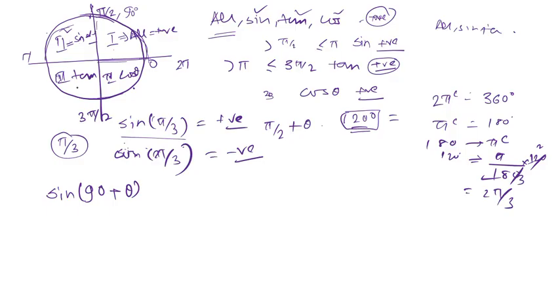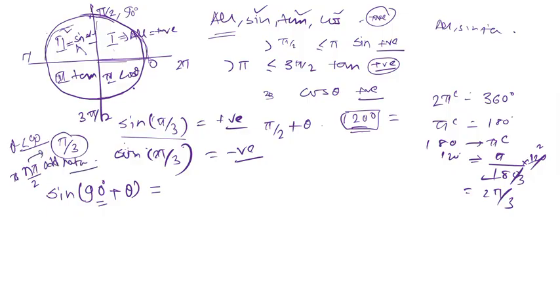So where will it fall? 90 means I'm talking about 90 degrees here. So 90 plus theta means it will fall in this quadrant. Okay, theta is obviously less than 90 degrees for this case. Now, sine 90 plus theta: when I say pi by 2, any multiple of pi by 2, like n pi by 2, where n has to be odd,